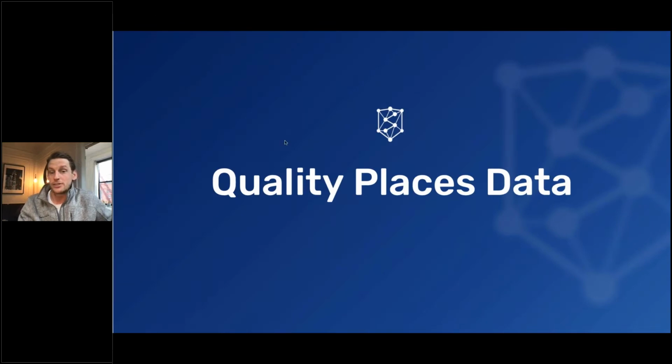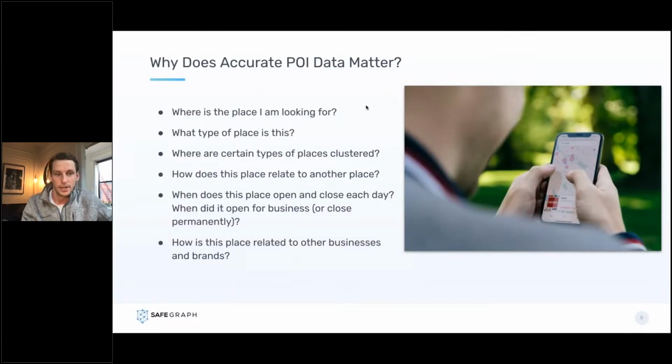Now, how do we get to quality? This is kind of the crux or core directive of my job. Let's start with first the questions we would want to ask as to why we should even care. The number one question we're trying to answer is something that if you're simply used to spatial data through the